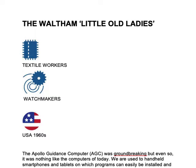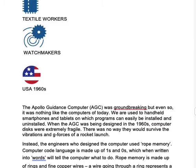Hi everyone, welcome back to our reading of A Galaxy of Her Own, and we are now on some people that I think you'll find very interesting, and we're not just talking about one person, we are talking about the Waltham Little Old Ladies. They were textile workers and watchmakers, and they were around in the United States in the